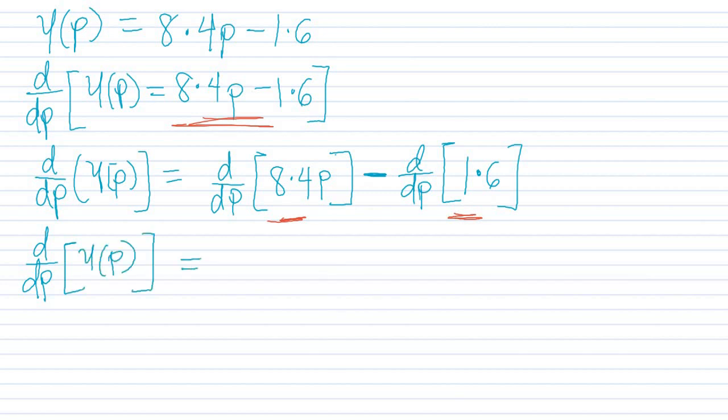Then the next thing you have to do is to do the differentiation. So what do? First of all, do the regular thing I talked about, which is bring out the constant. The constant here is 8.4. Bring that out. Then you do a multiply, which we use in calculus. We use a dot